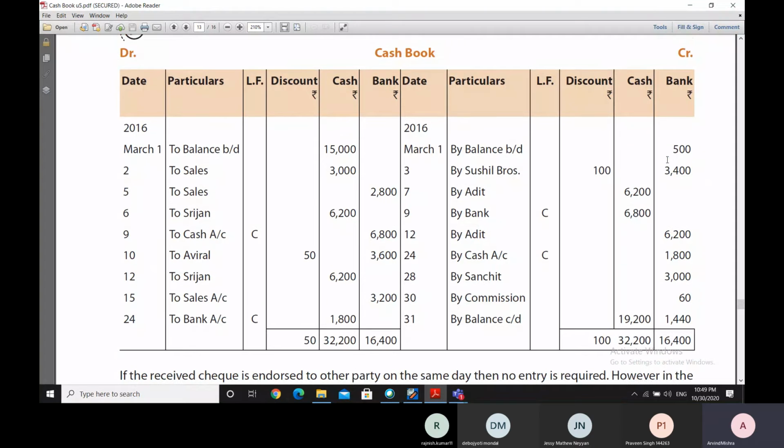So our cash book is being credited for 3,400 rupees, and the discount account. So the cash book is also credited by this 100 rupees, whereas the discount account will be debited here,